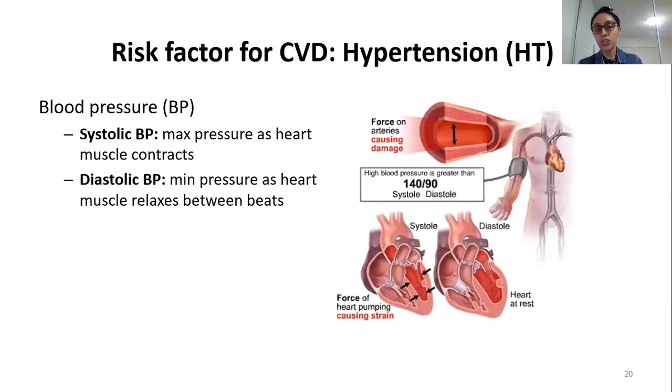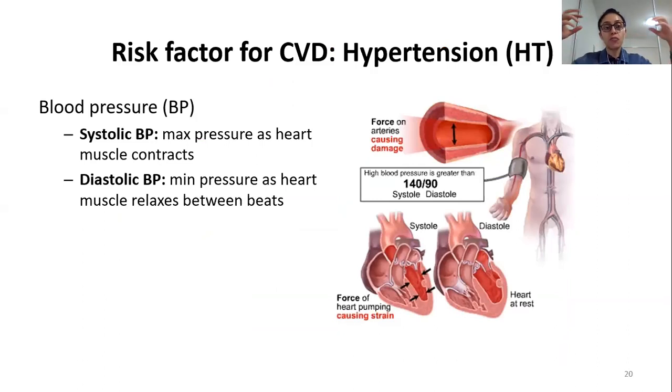So now with hypertension, as you all know, you have 2 main types of hypertension classification, which is systolic and diastolic. All right. So systolic is when the heart is making a big effort, when it pumps the blood through the aorta, and through that the blood is going all over in the body. Okay, so that's the high blood pressure.